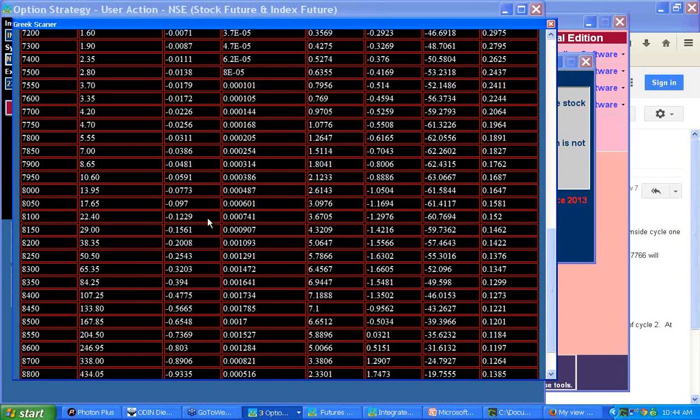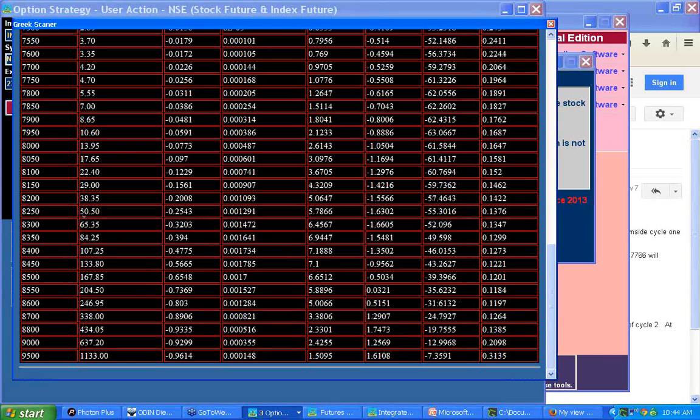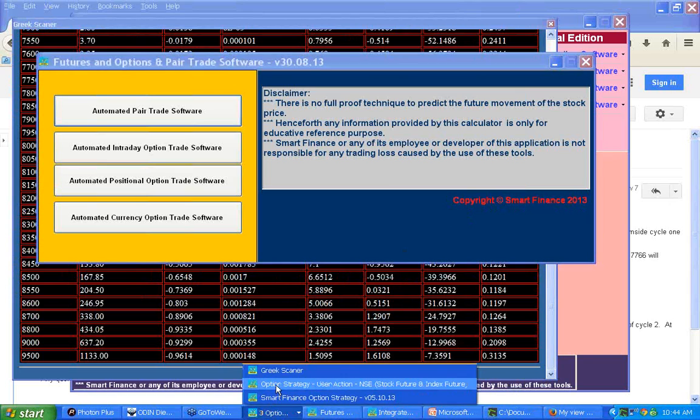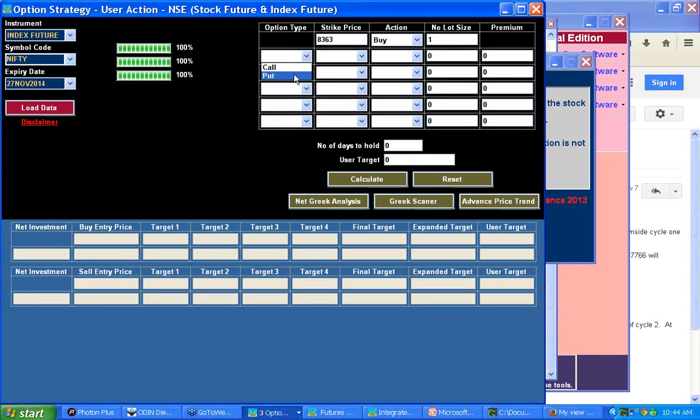So now I will go for a Greek scanner here. I will hunt for the option which is having a delta, say, 0.25. So here 18,250 is quoting at 50. It is having a delta 0.25. Similarly I have here 18,300 quoting at 65. So by this process, I have done a Greek scanner. I have just taken a put option, say 18,300, and I am buying 3 lots because I saw it is some 3.33. So 3 lots. So say I am holding for 5 days.